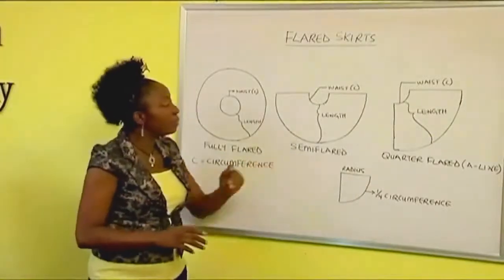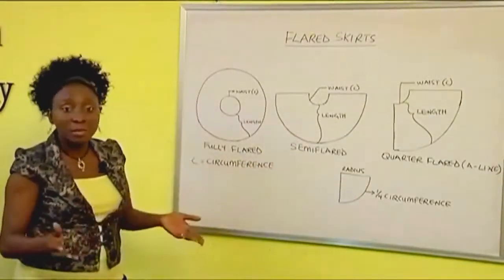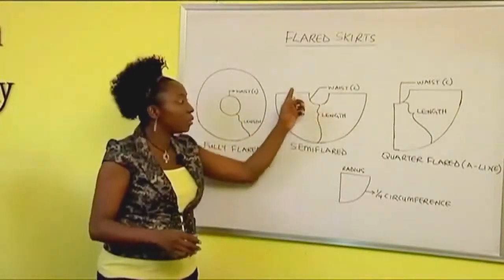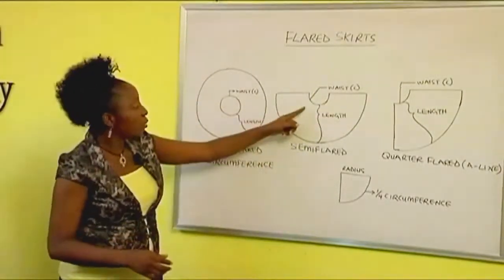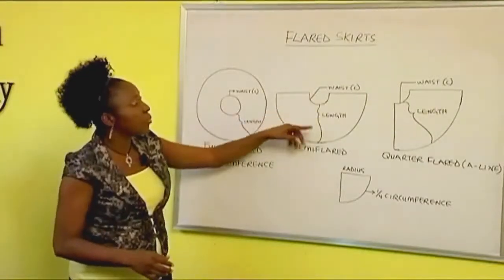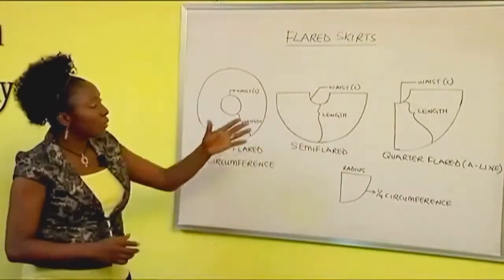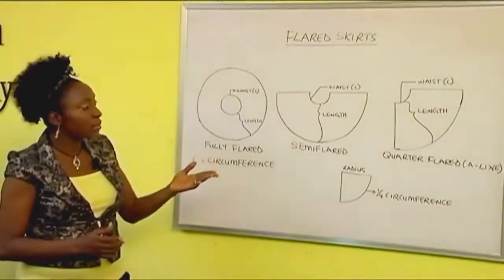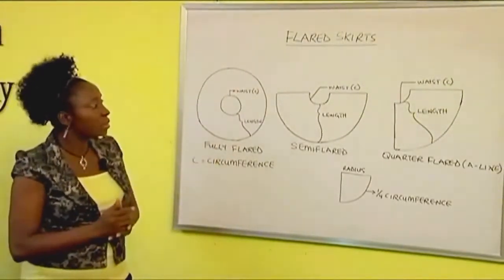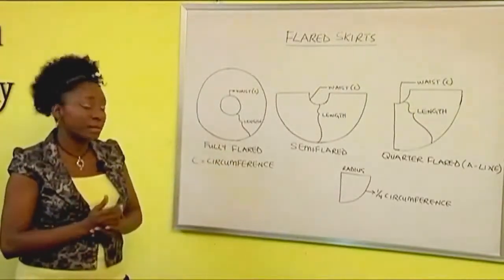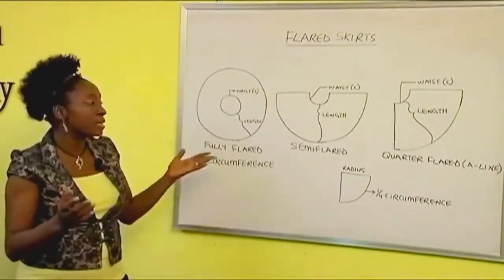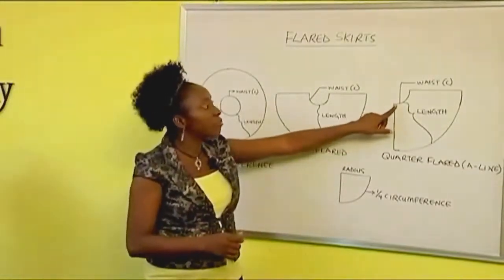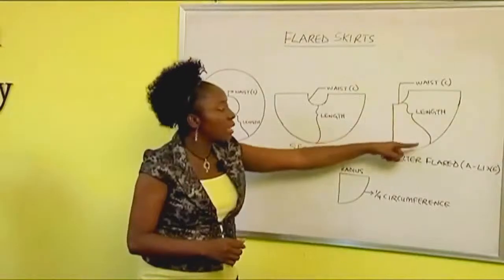Now if you look at the semi-flared skirt, you can see that it's a semicircle, with the inner semicircle representing the waist, and the distance between the two semicircles gives you the length. The third one is a quarter circle, called the quarter flared skirt, also known as the A-line skirt. It's not as flared as the others, obviously. This quarter circle represents the waist, and the length is in between